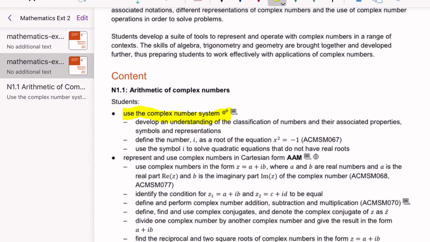In this lesson, we will first look at real numbers and imaginary numbers, and those two come together to form the complex number system. Then we will look at the number i in more depth and begin to look at equations using the number i and imaginary numbers. Before we begin the content, I think it's important to start off with an introduction into